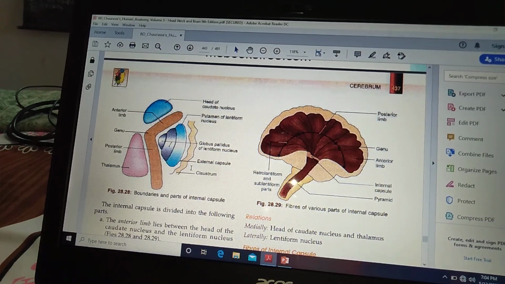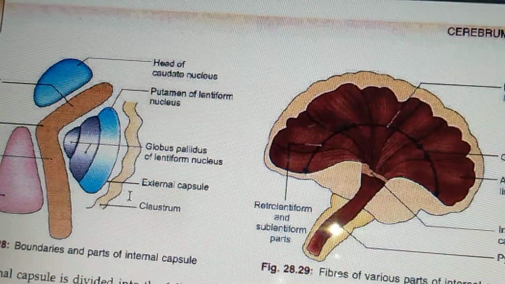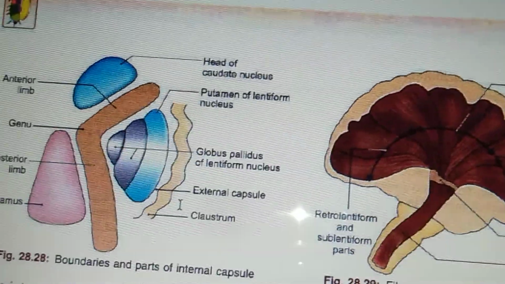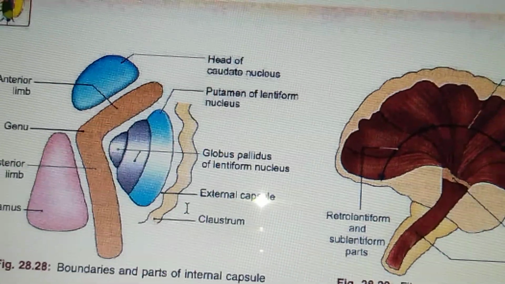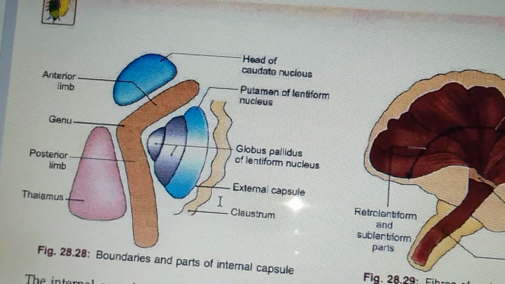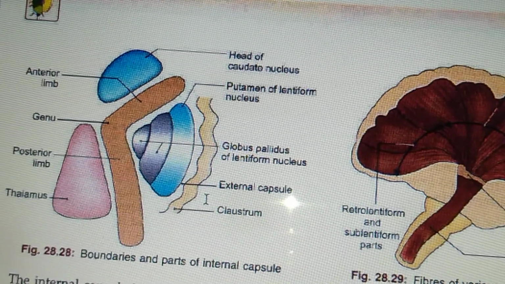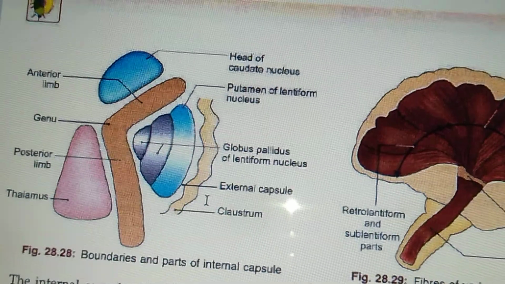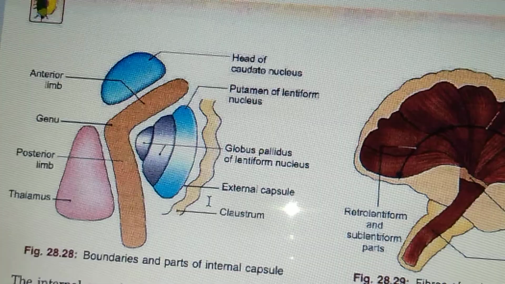Hello everyone. In this video we are going to learn about the internal capsule. Before that, let us know what projection fibers are. Projection fibers are the fibers that connect the cerebral cortex to the other parts of the CNS,